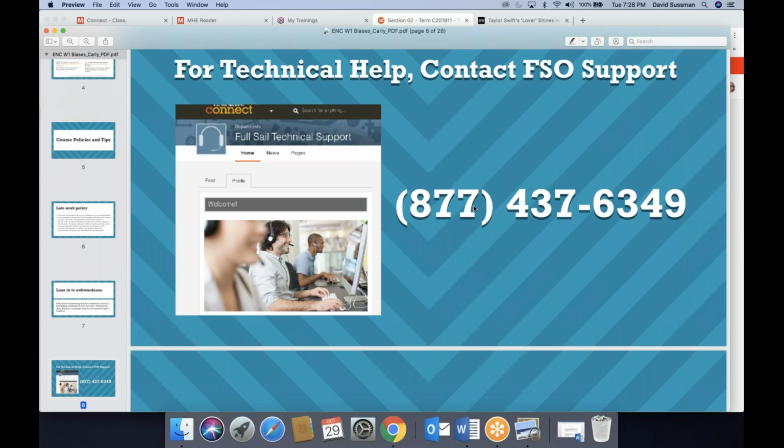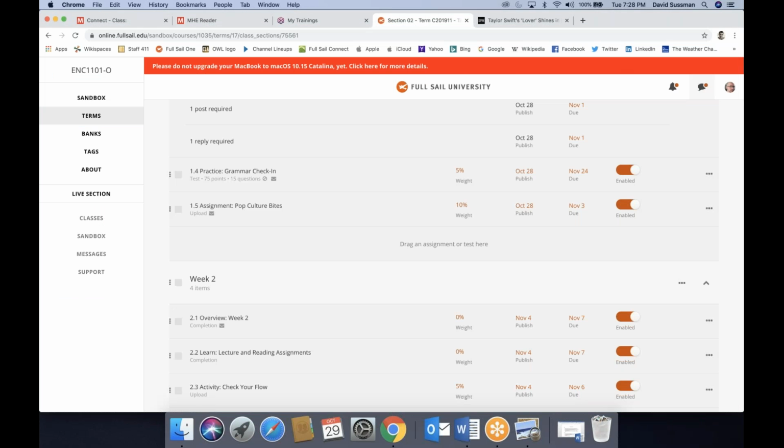Chris says, I don't mean to go off subject, but when will it be safe to update my Mac? So, do you see the same message that I do? This thing here, please do not upgrade your MacBook. If you click on this link, it says click here for more details. They explain that it could be weeks, it could be months. The issue is that not all of your installed programs, if you already have your MacBook.